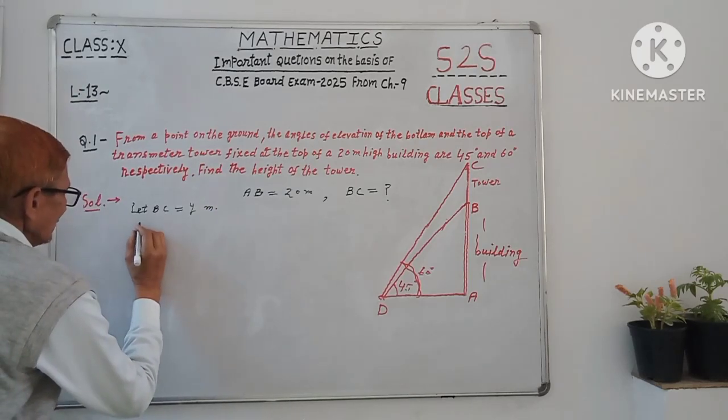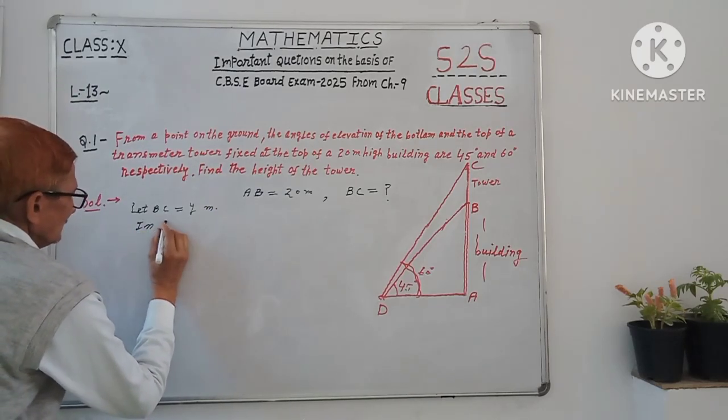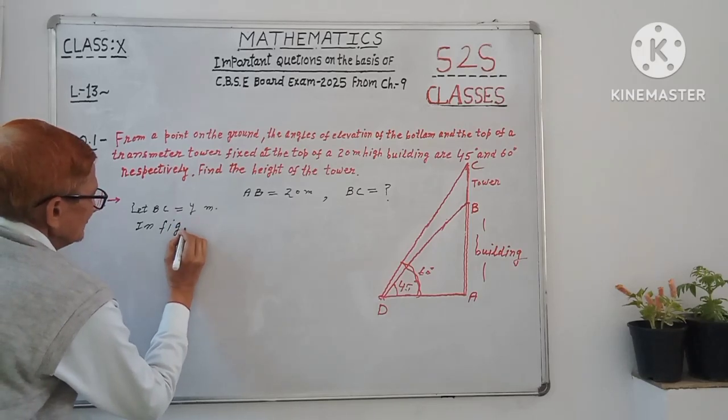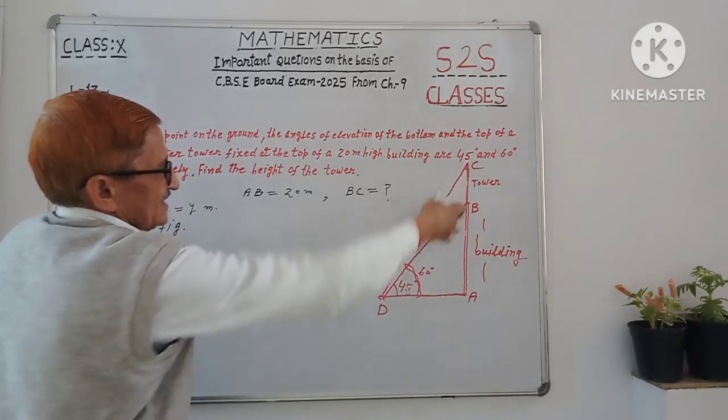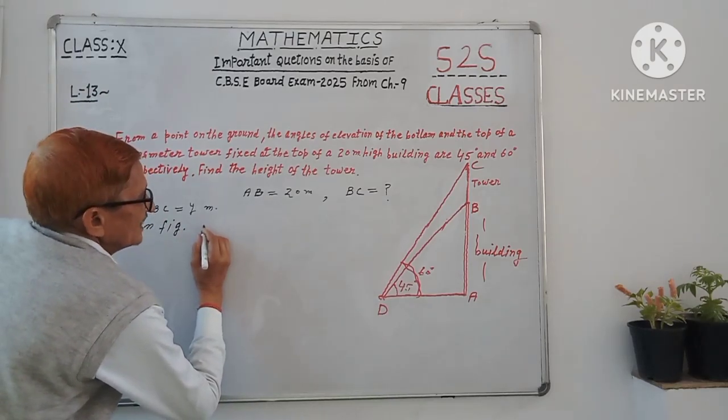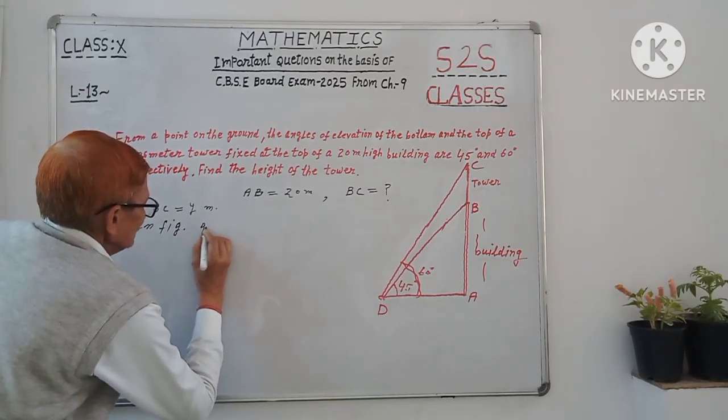So in the figure, गिवन में फिगर मानी जाएगी. यू कैन एक्सप्लेन कि व्हाट इज बिल्डिंग, व्हाट इज टावर. ओके, आई टोल्ड यू. Now in the figure, in right triangle,